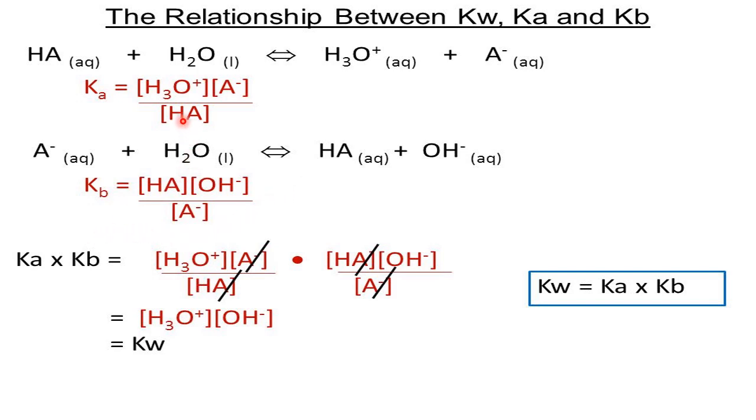Now, what is Ka into Kb? So this is Ka and this is Kb. So HA gets cancelled, A minus gets cancelled. What remains here? The concentration of H3O plus and the concentration of OH minus remains. Concentration of H3O plus means the concentration of H plus only, no? So concentration of H plus into concentration of OH minus is the ionic product of water, Kw, the equilibrium constant for water. So Ka into Kb equals Kw. This is the relation. So the relation between Kw, Ka and Kb is, Kw is equal to Ka into Kb, from this derivation.